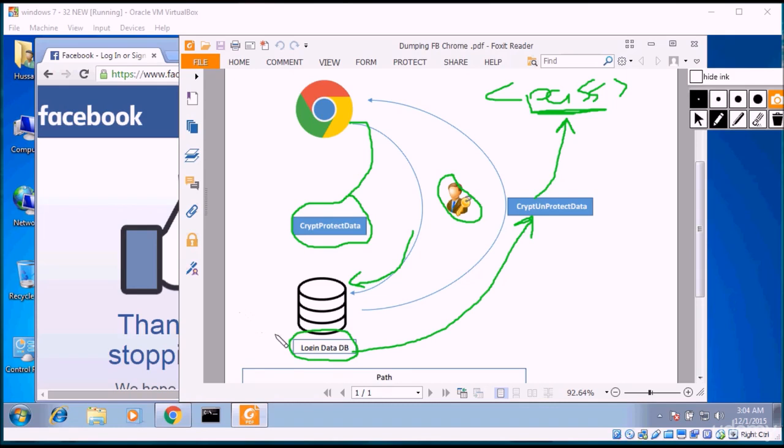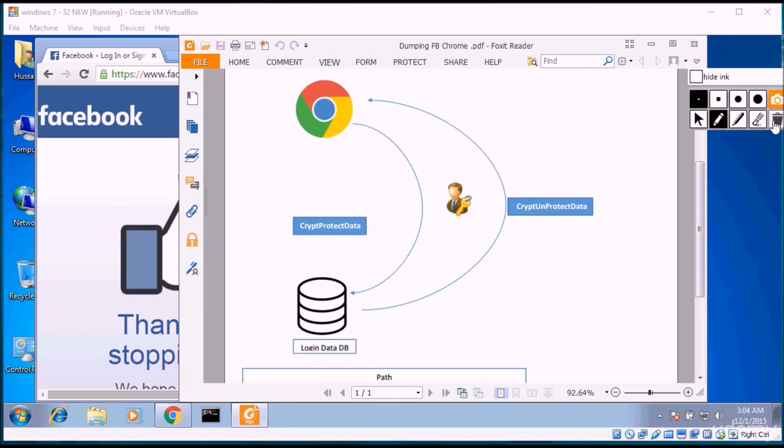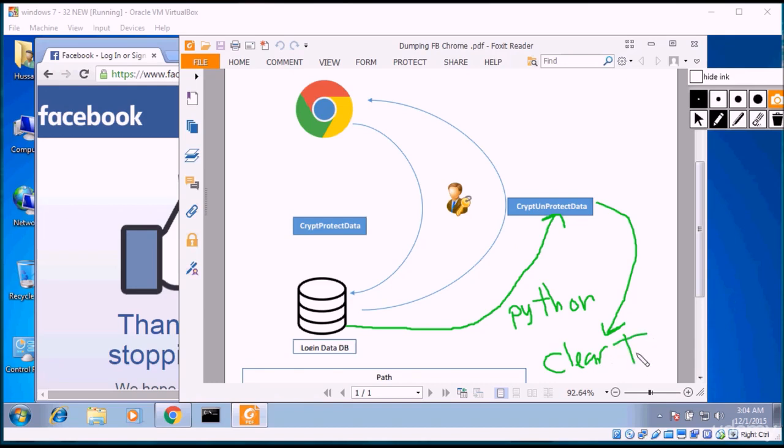Now technically, if we code a Python script to grab the encrypted password from the Chrome database, and then we pass that value to the CryptUnprotectData API function, then we should be able to see the saved password in clear text. And that's exactly what we're gonna do over here. Okay, before moving to the coding part, let's have a look into the SQLite database